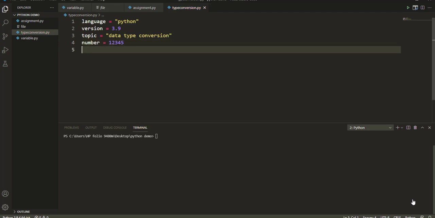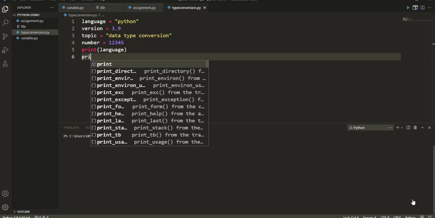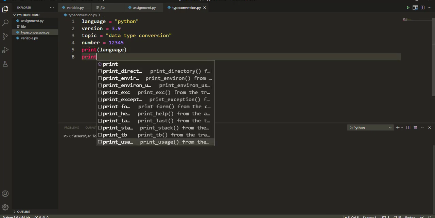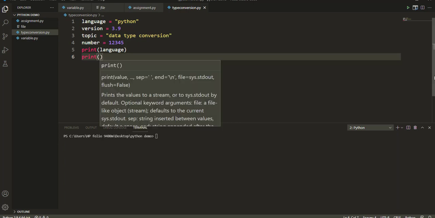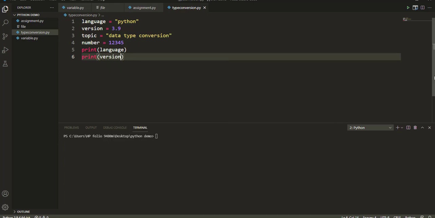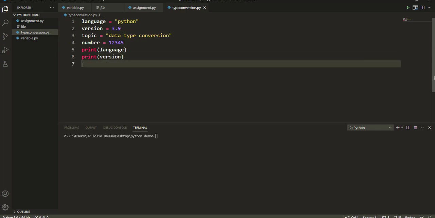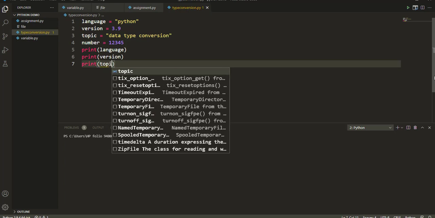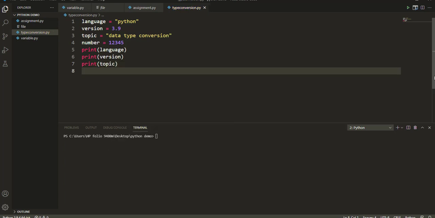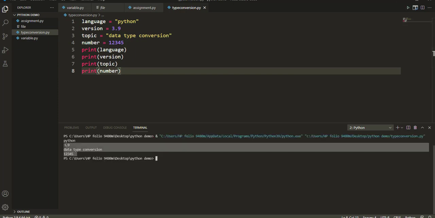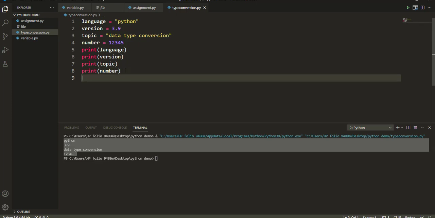will convert them into another data type, like integer. Integer can be converted to float and float can be converted to integer. Converting data from one data type to another data type is called data type conversion. So this is our output of the original values of the variables, and now we are going to convert them into